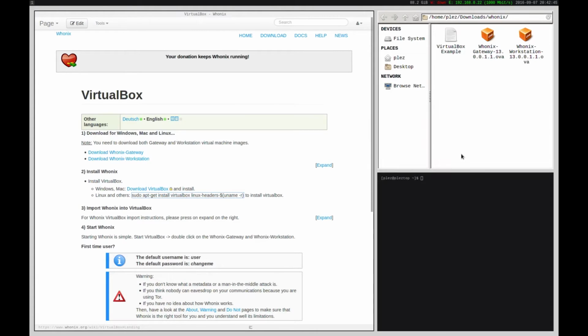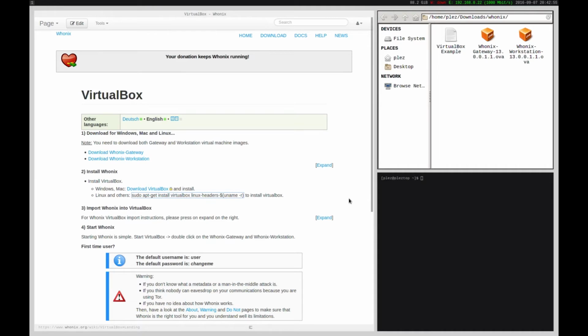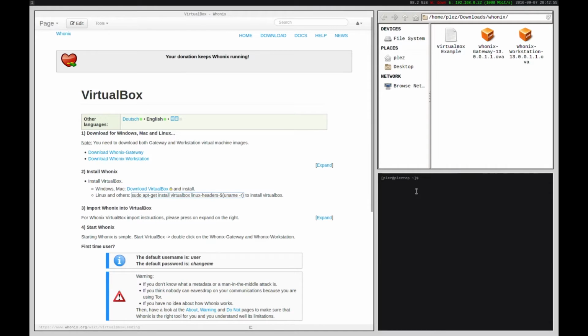To get around that, when you install the gateway and the workstation, you can set up a snapshot of the fresh install, and then every time you use it, you'll delete the install you've got, reinstall the snapshot, and that snapshot will be fresh. Obviously, data recovery techniques can be used to recover the deleted snapshot, so that's why it's also recommended that your host, in my case the Linux box,